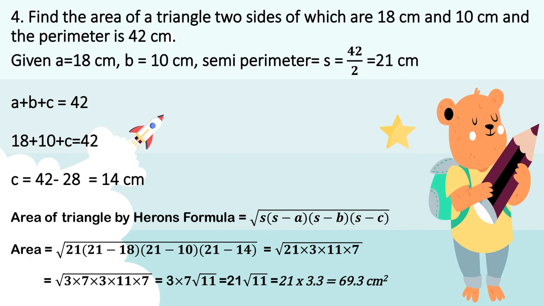Now in this I have 3 two times, so I will move one outside. I have one pair of 3, so I wrote one 3 outside. Now I have one pair of 7, so I have kept one 7 also outside. So I am left with only under root 11. So my answer is 3 cross 7, which is 21 into under root 11.